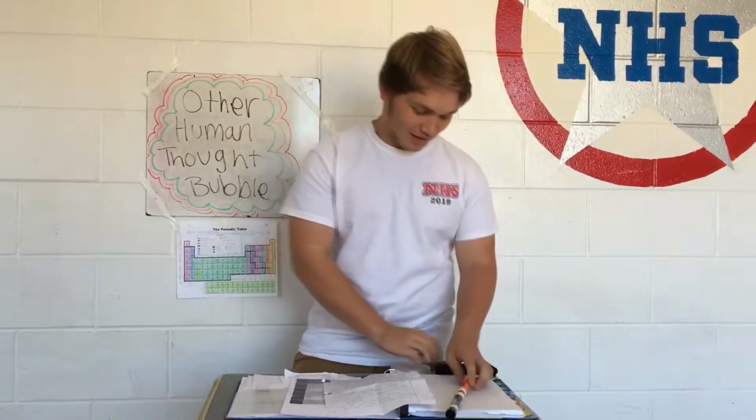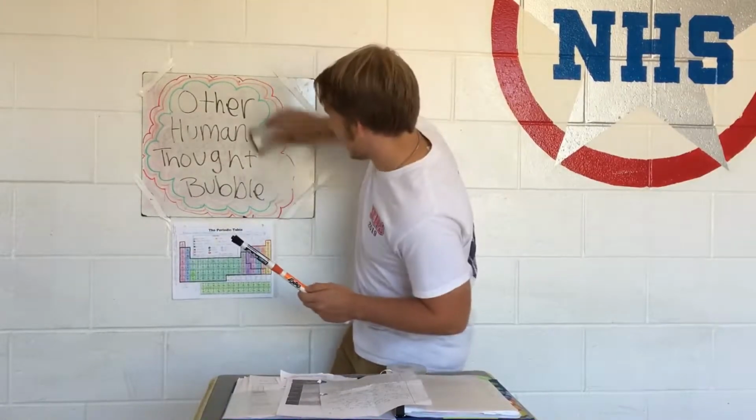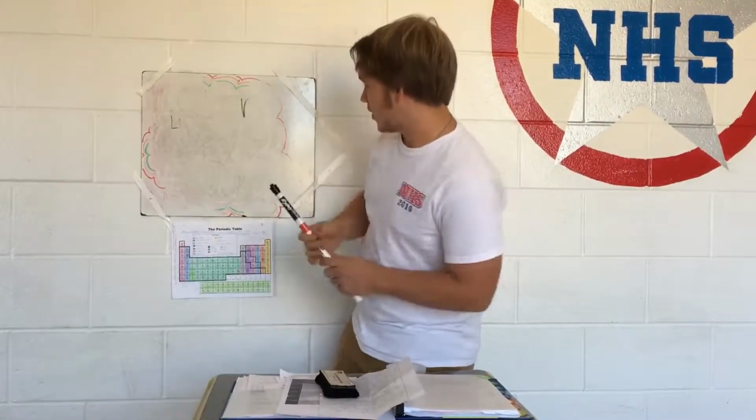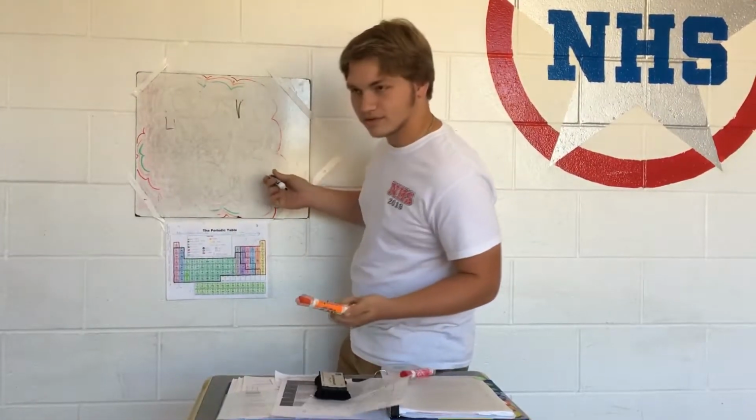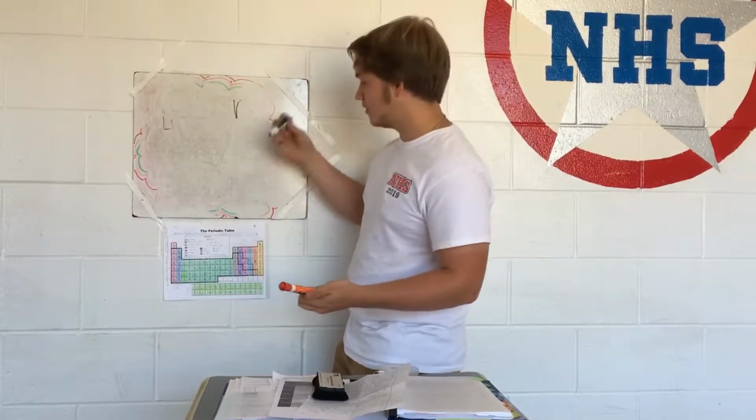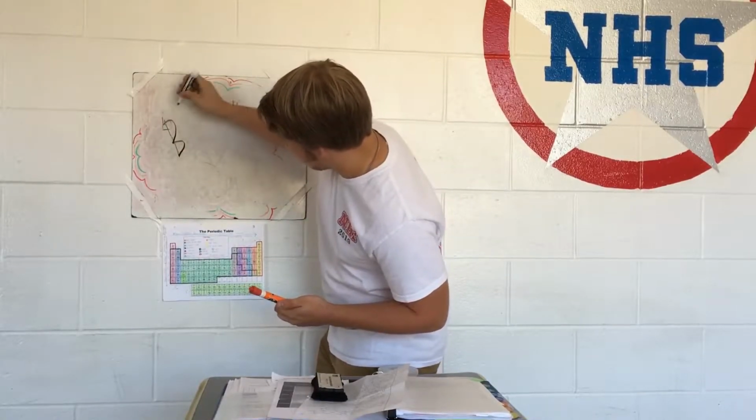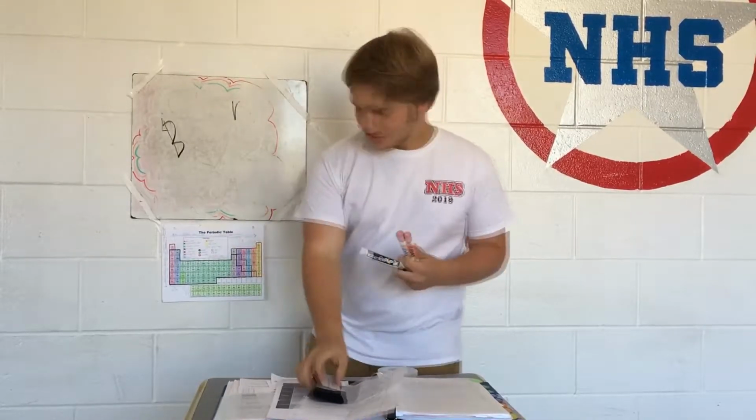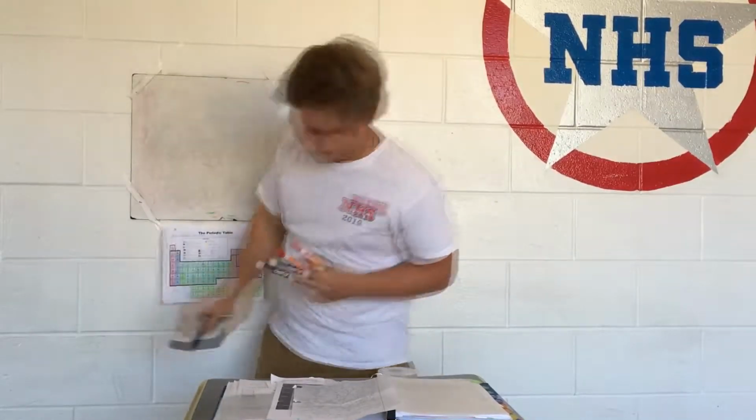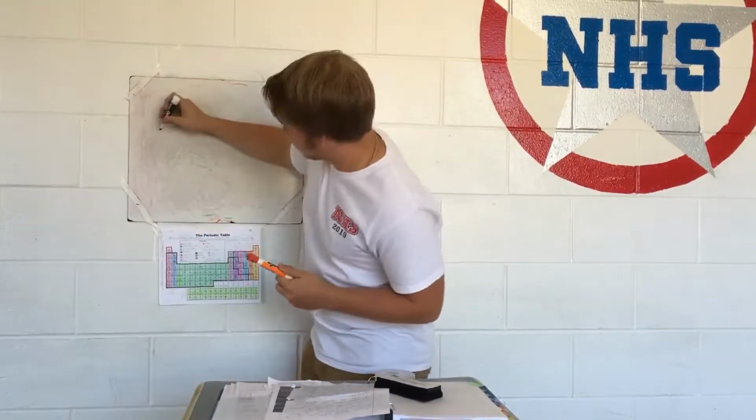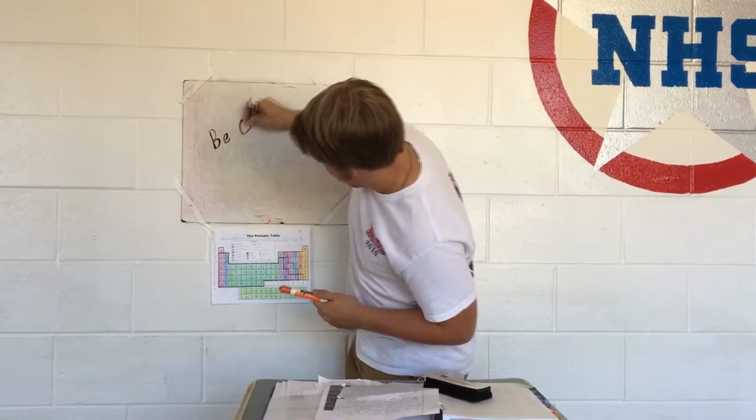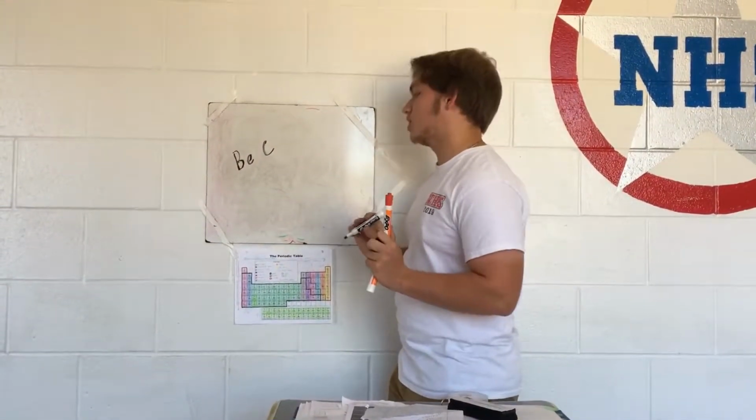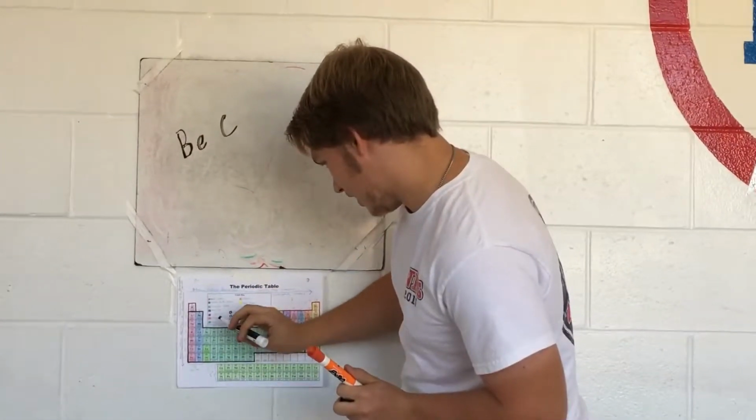This is how you write the formulas for ionic compounds. First, you might want to get rid of that. Okay, so let's say a good example would be beryllium carbonide. So first you want to write down the elements. And you want to find how many electrons each one has. So beryllium has 2,